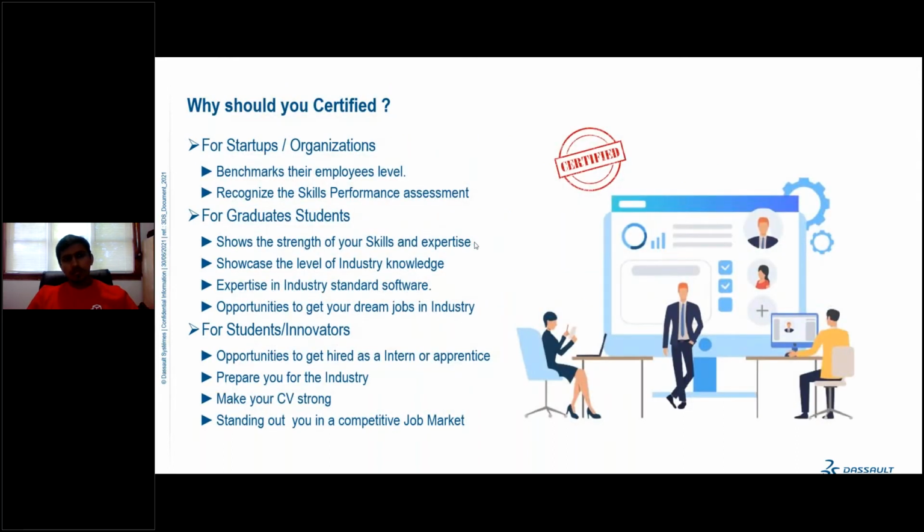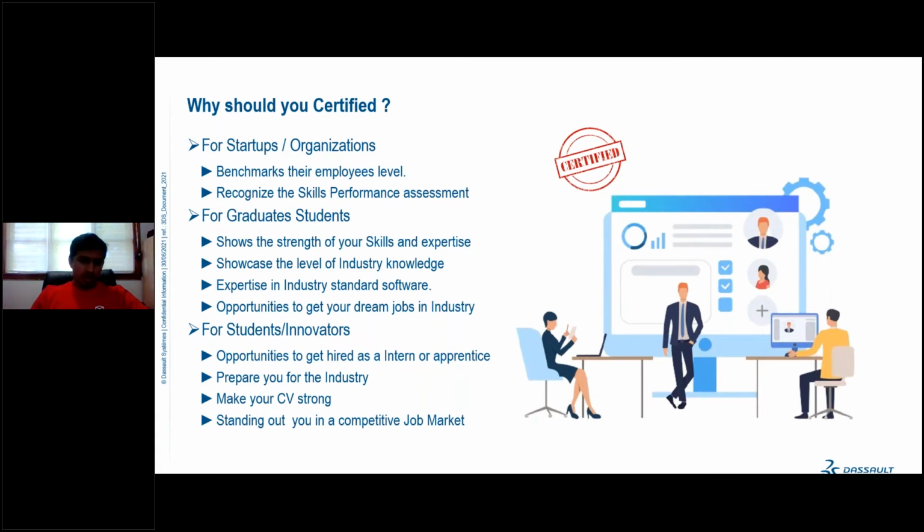So why should you get certified? If you are working with a startup or any organization, it represents a benchmark of your employee level and your skill performance assessment.